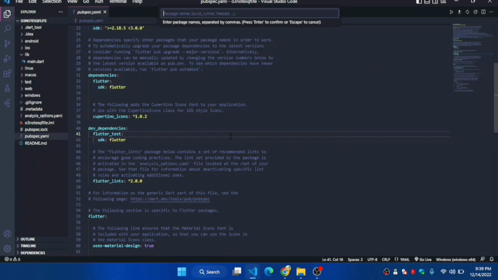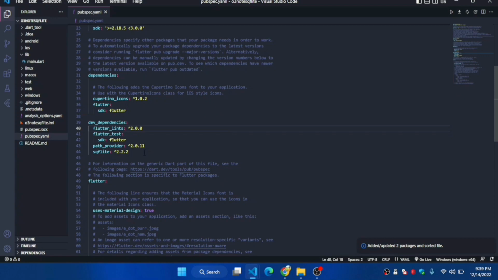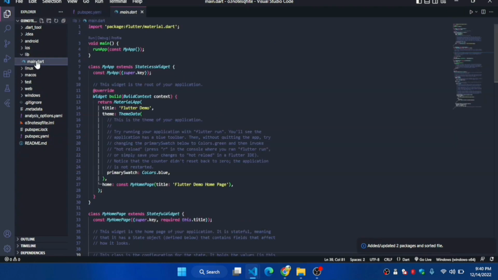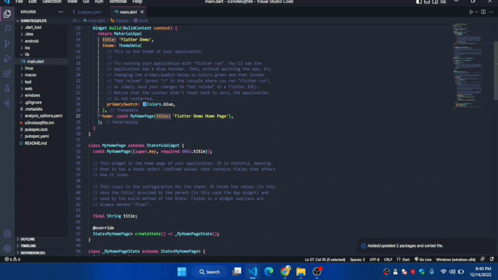First of all, quickly download the packages named sqflite and path_provider. You can download them from anywhere. Actually, I am using the VS Code extension named Pubspec Assist. You can use that, or you can directly add them from pub.dev. So after the complete addition of these two packages in your dependencies in the pubspec.yaml file,